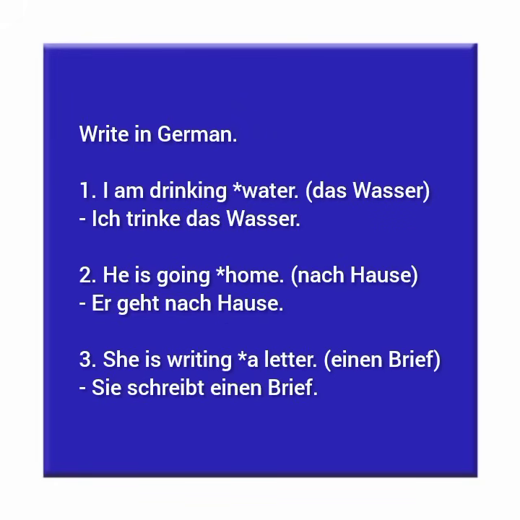Now, in the previous video, you had seen some nouns and the articles. Now it's going to be quite easy to do the following, yeah? Whereby they tell you, write in German, I am drinking water. I am drinking water, which now becomes ich. Now, if you check on your list of verbs, to drink is trinken, right? So I now say ich trinke with the ending e. Ich trinke das Wasser. I am drinking the water.